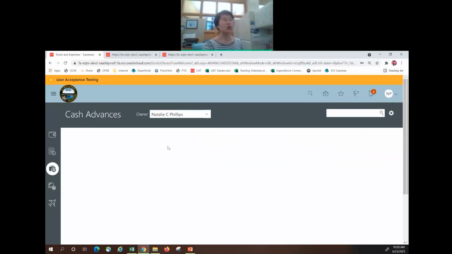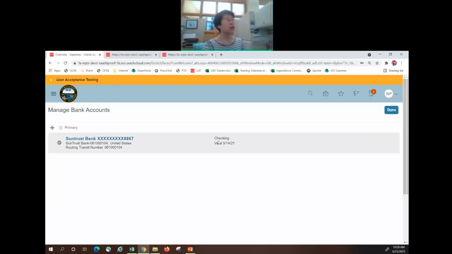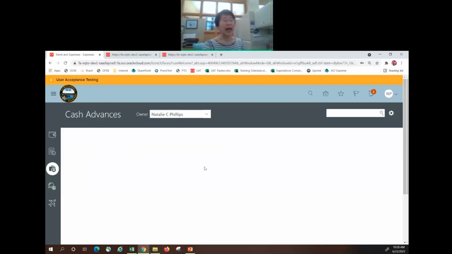Okay. Now I want to show you mainly this little wheel here. The second line here says manage bank accounts. Okay. This is where you can go. I'm not going to show you much of this, but notice the plus sign. That's where you can add your bank account to this. Say if your account is closed and you need to have another account to replace the old one, so your ACH won't bounce back. You come here, add another one,